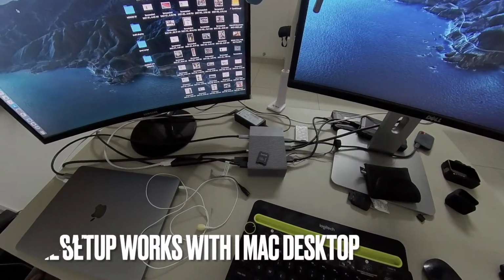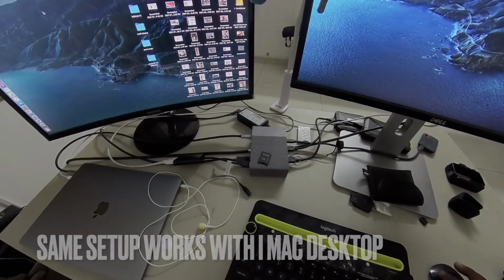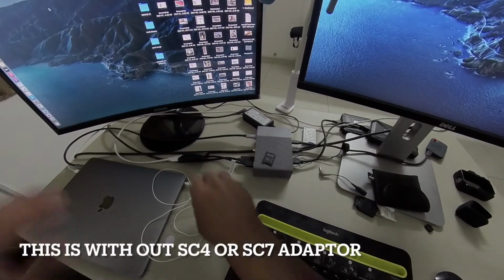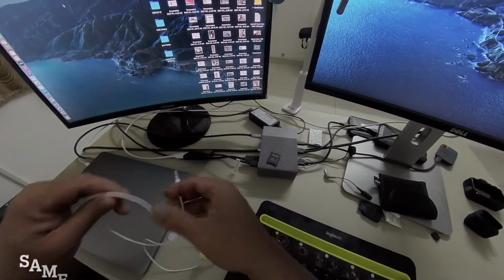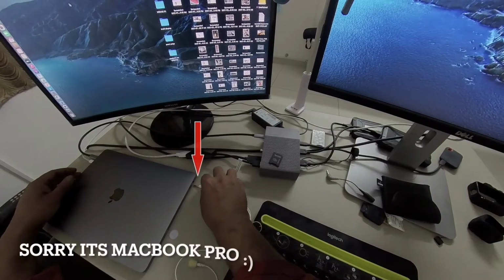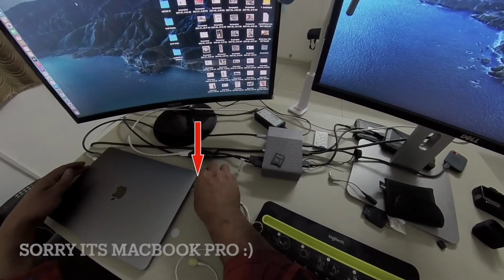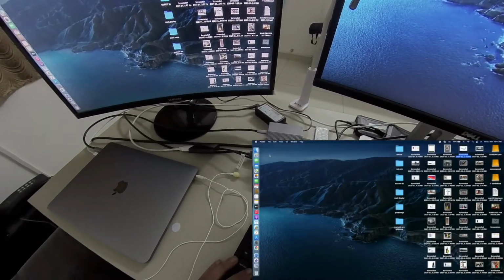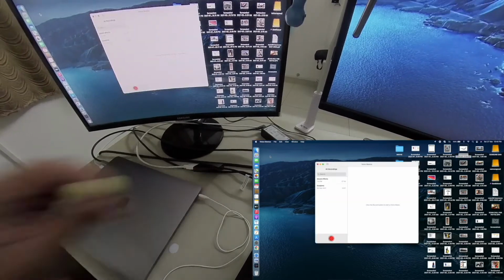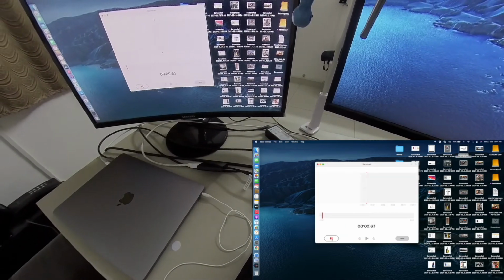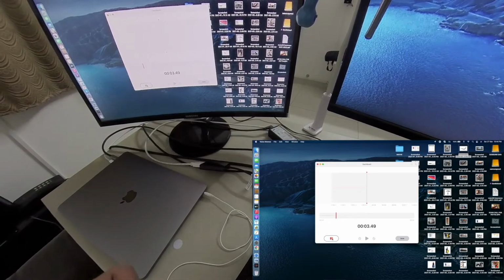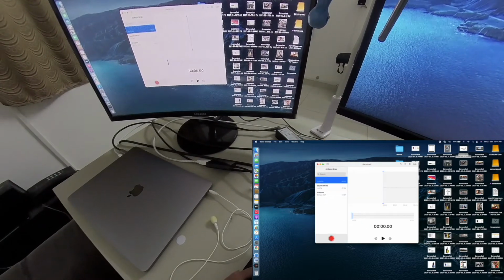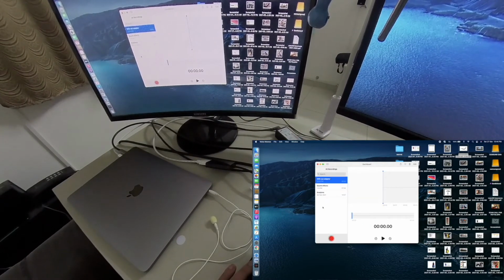Okay. So actually I'm trying to record voice without any adapter here. Right now, if you see, I have connected my Rode lavalier mic directly to my iPad. Okay, and this is the mic. So I'll try to open voice memo, and click on record, and see if the voice is getting recorded. Hi, mic testing 1 2 3. Let's save this as without adapter.